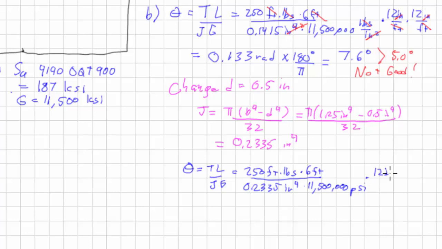Times 12 inches per foot, twice. I end up with a new angle of 0.0804 radians, and then I multiply it by our conversion factor, and I get 4.6 degrees, and that is less than 5.0 degrees,